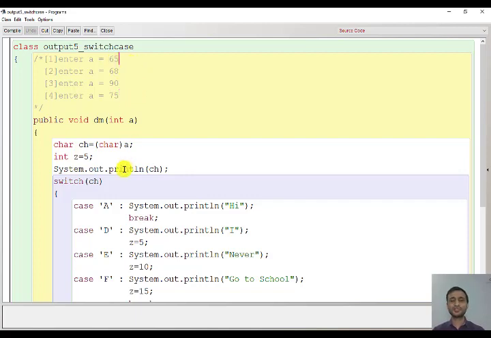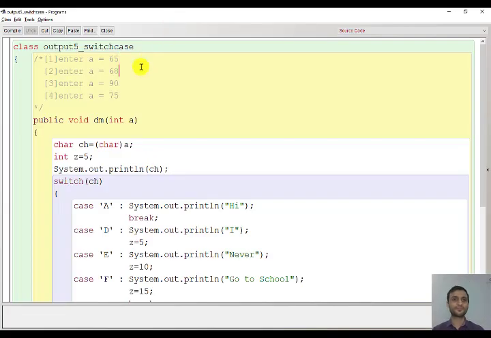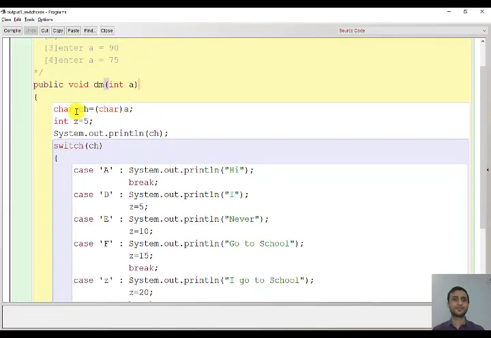So let us solve this output first taking the value as 65. So we have a equal to 65. So char ch equal to char of a. Here we are doing typecasting.